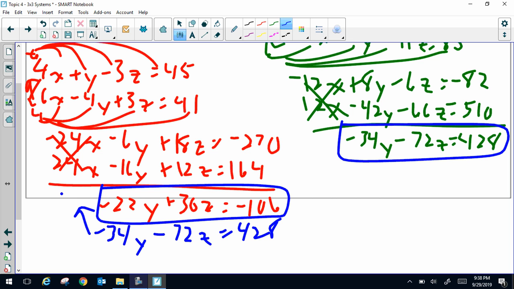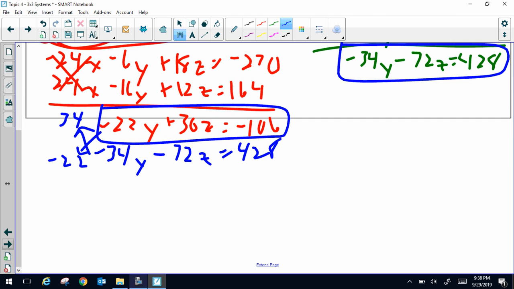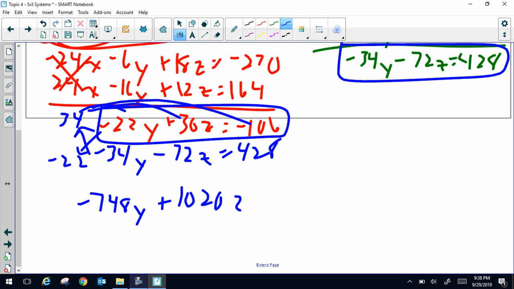So we'll take 34 up and make it positive. Keep the -22 on the bottom. So when I distribute this, we get -748y plus 1020z